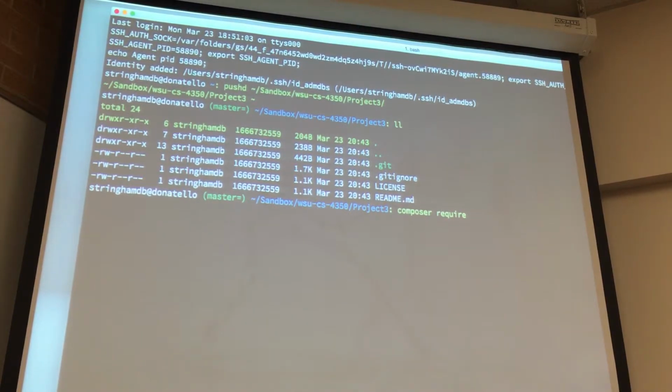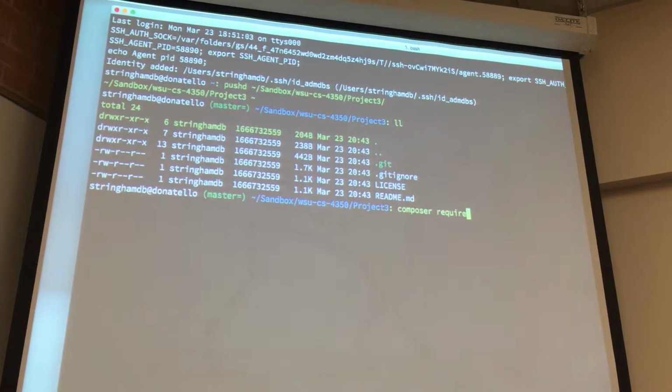So Composer has two types of require. You have development dependencies and production dependencies. So Composer require without the dash dev, like this. So you have this one and you have